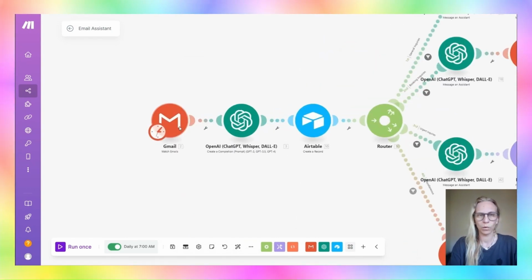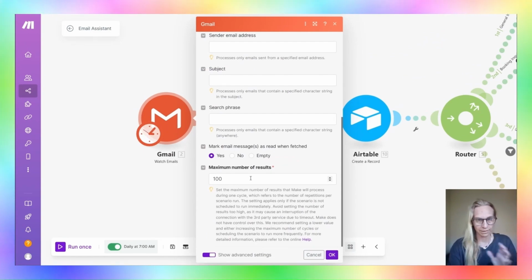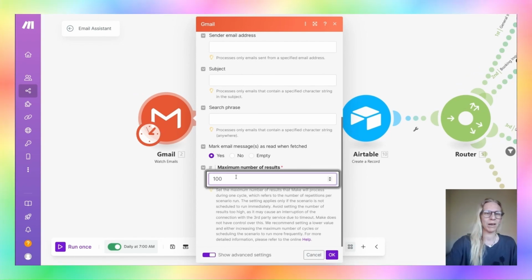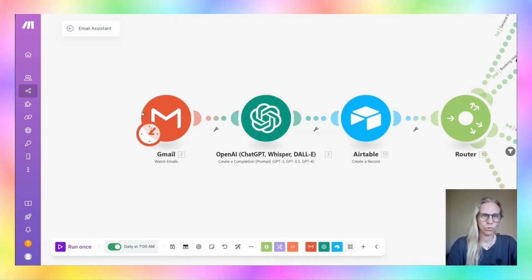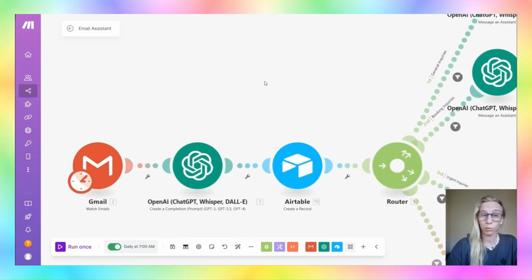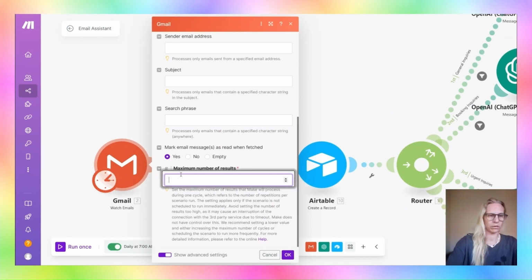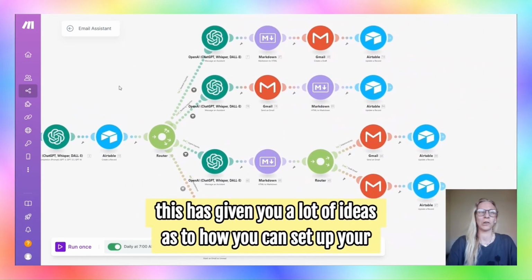And then remember, we want to configure this so that it runs the approximate number of emails that we expect to have received at that time. So for example, if we are running it every hour, we might want to say run a maximum of 20 results and select OK. So every hour during the weekdays, this runs once. If we run it once a day, we might say, well, you know what, we'll up this to 100 and select OK. So hopefully this has given you a lot of ideas as to how you can set up your